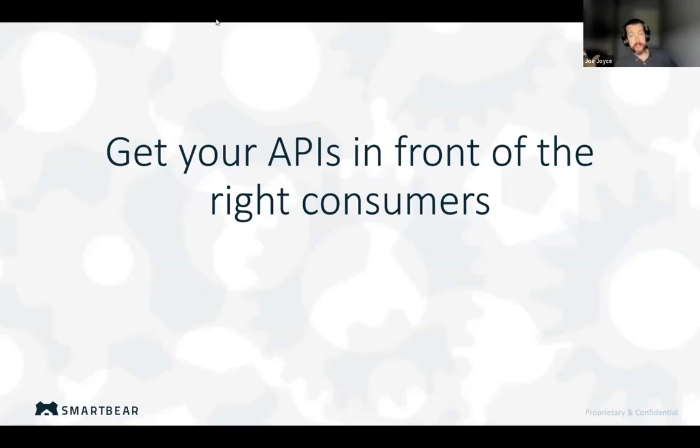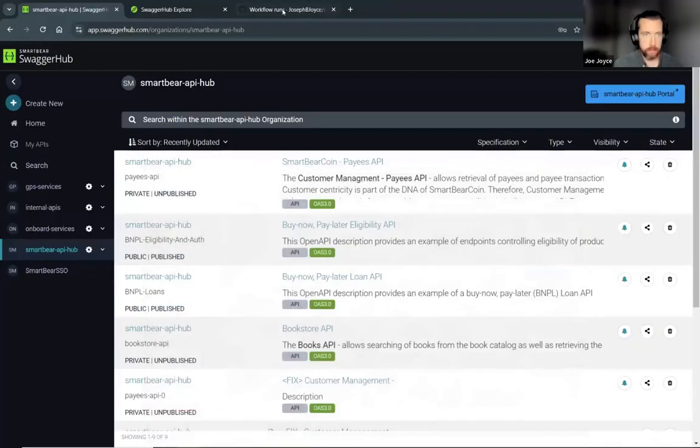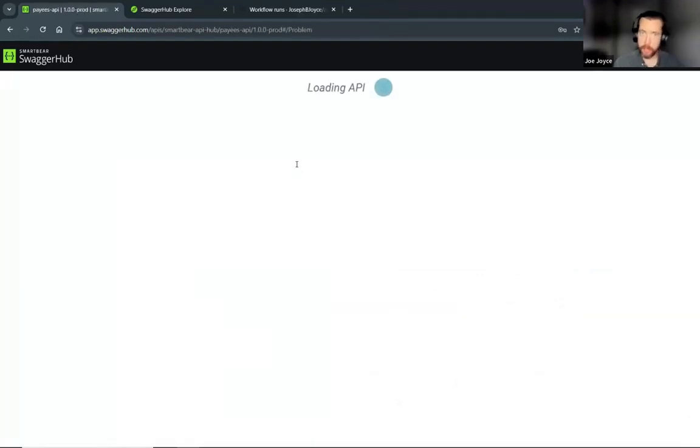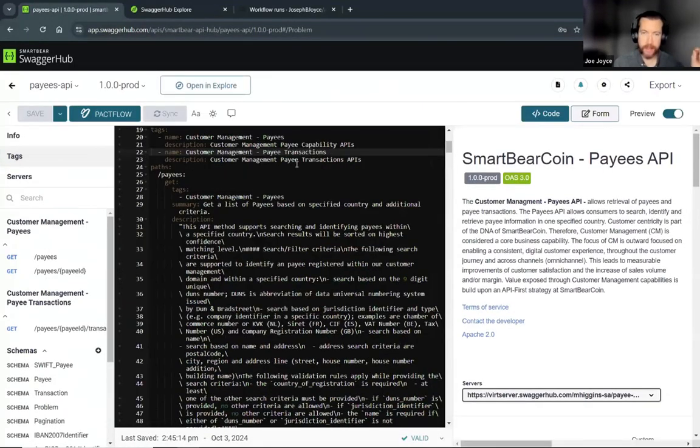And if the answer is the latter, then there's functionality in SwaggerHub to support that. Some of it ties into what I've already talked about. I would definitely say that if we think about thing number one again, which is getting the right stakeholders involved in the design process, depending on the number of consumers this API is going to have, it could make sense to include some of those consumers as collaborators or reviewers of your